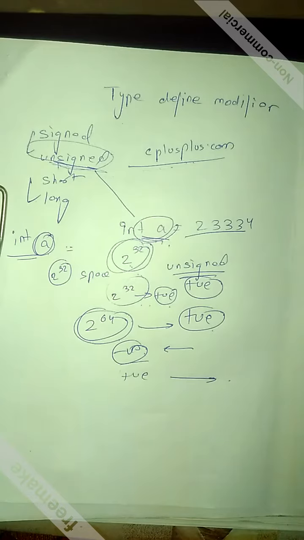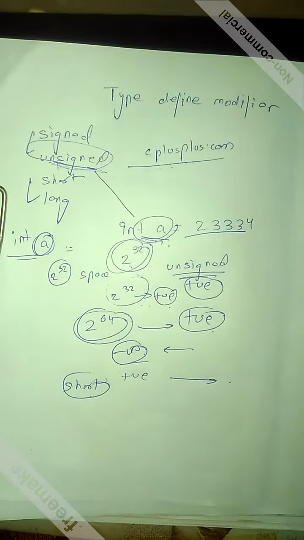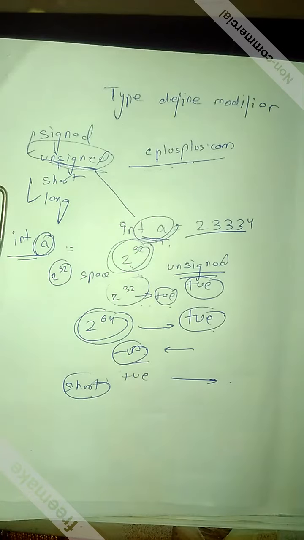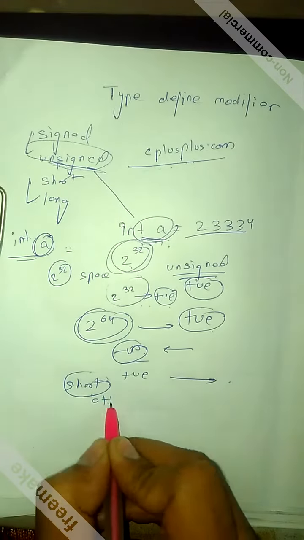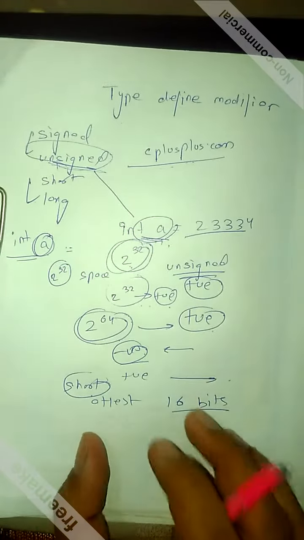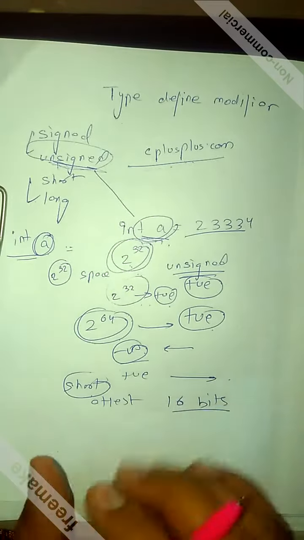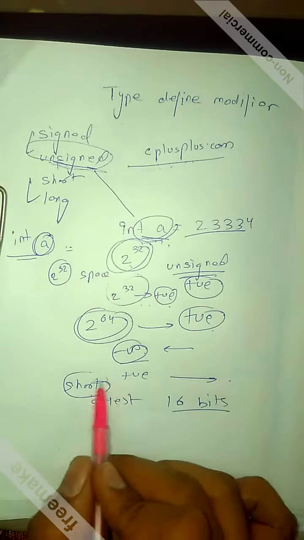in the memory. Now, after signed and unsigned, we will discuss short. Don't get confused by its name. Actually, it is for higher valued numbers. If we want to store a number as short, then its value has to be at least 16 bits. Okay, it should be at least 16 bits, then we can store it. We can also store lower value numbers using short.